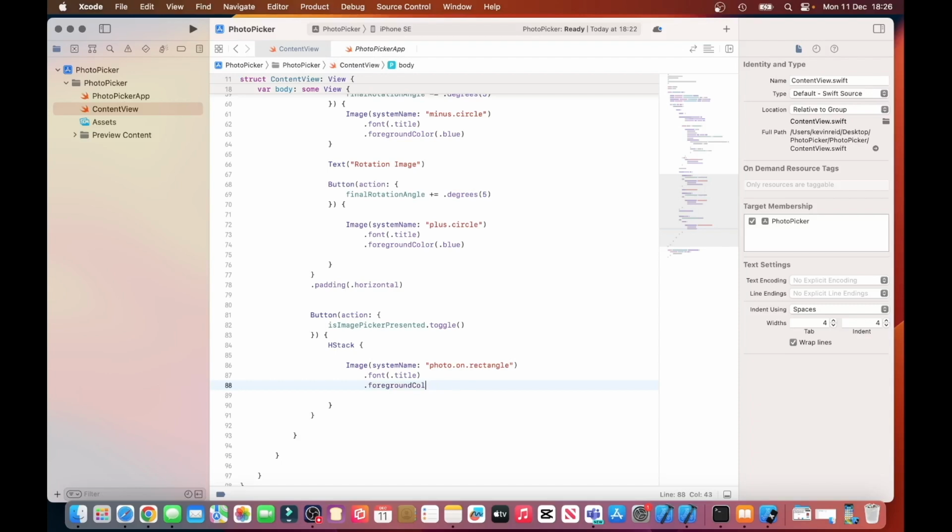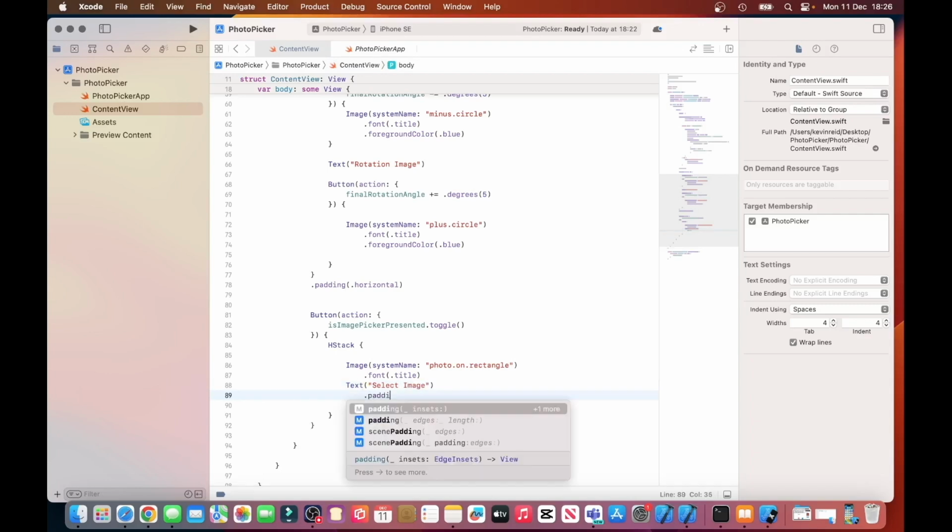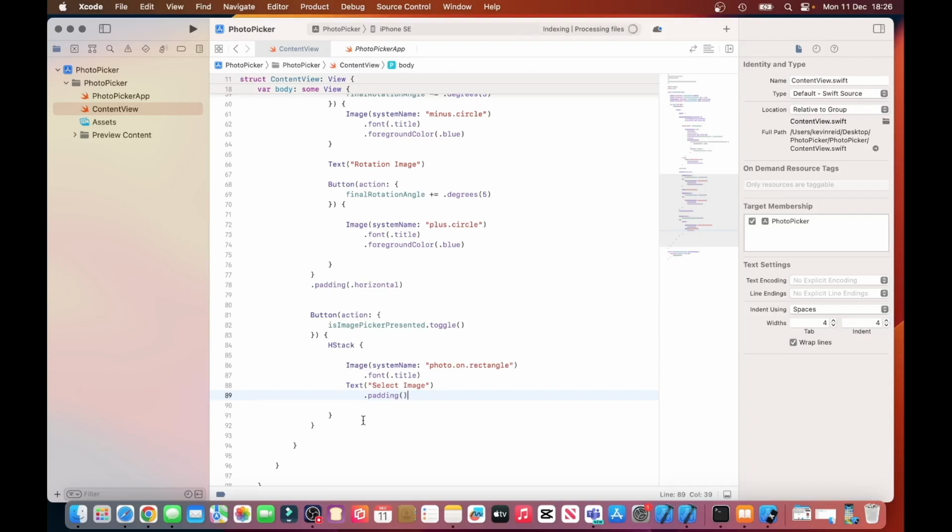Delete lines 88, and then type in text, select image, dot padding,